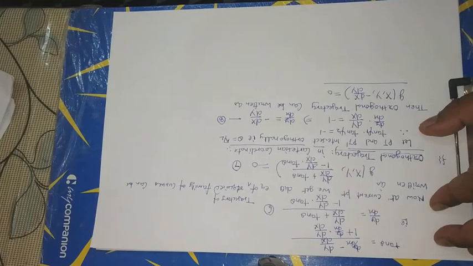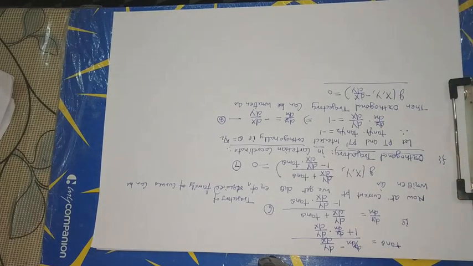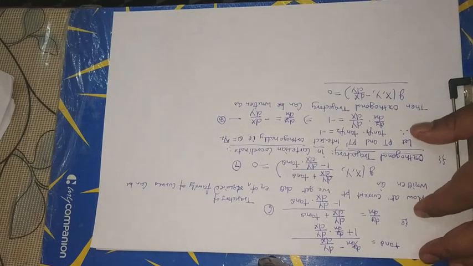Okay, student? This is the differential equation of the orthogonal trajectory in Cartesian form. Now we can solve one problem. The problem is: